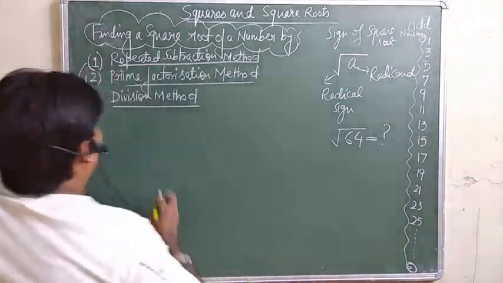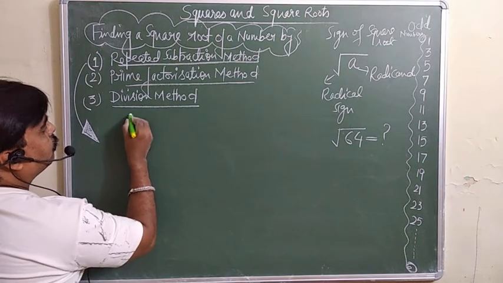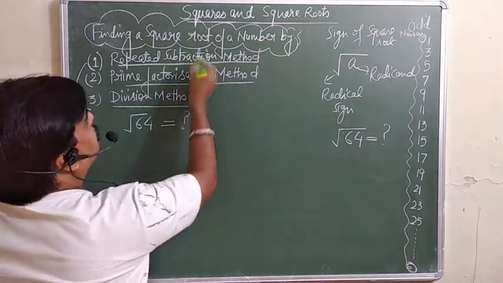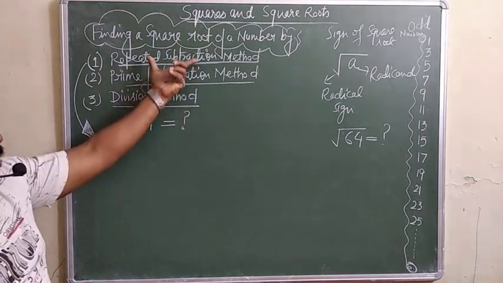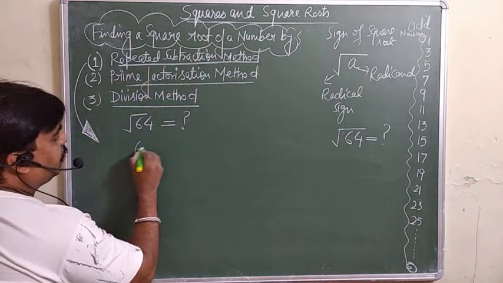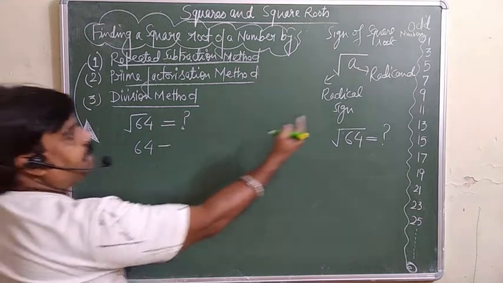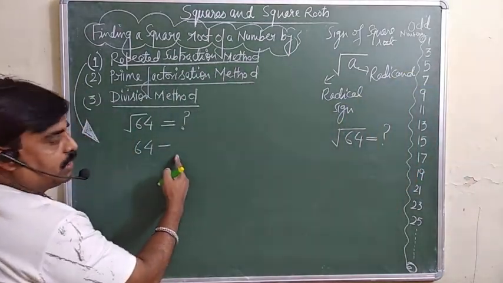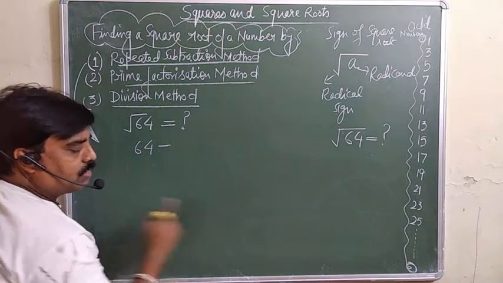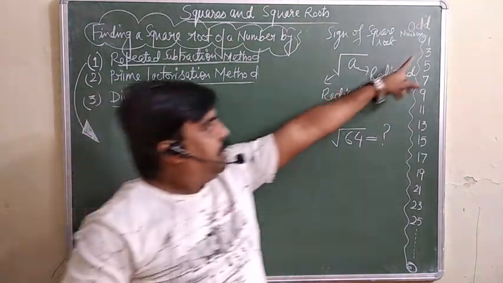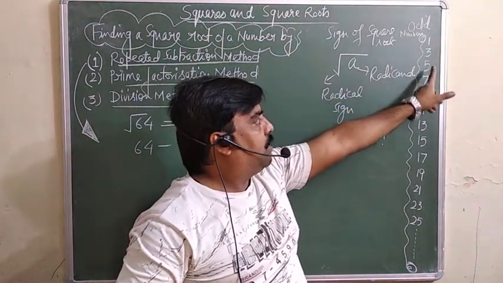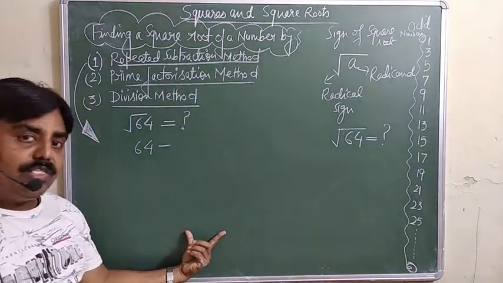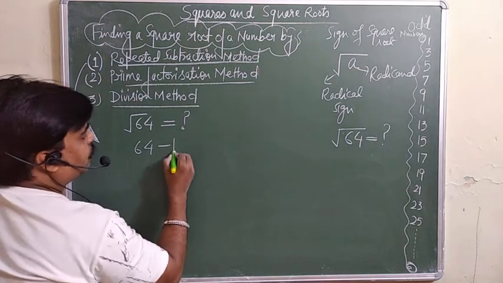Suppose the same number I am taking. We want to know the square root of this 64. What will be the square root of this 64, by using this subtraction method? So according to this, इसका rule क्या है कि from this number you are supposed to subtract one by one these odd numbers, and we will continue this process till the remainder, till the difference comes 0. हम क्या करेंगे, इन numbers को 1, then 3, then 5, 7, 9, 11 we will subtract. कब तक? जब तक कि हमको difference 0 नहीं आता. So you will subtract 1 from here.